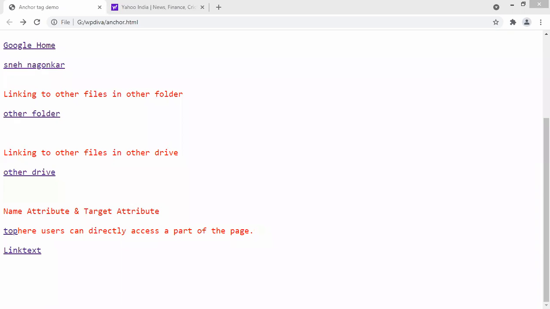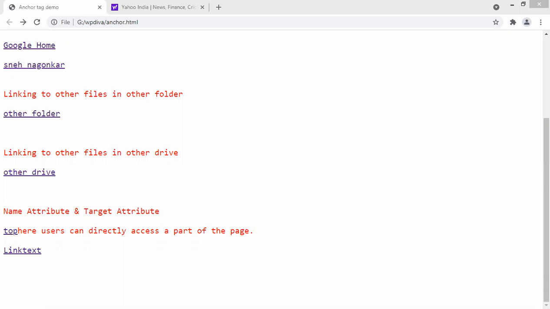How many of you have got a desktop or laptop at home? I will share these files today. Copy the code and try to execute it. Just create the folders called GWP division A. You have to create all these folders and files: font demo, formatting.html, font tag.html. I will share a zip file in the description also.